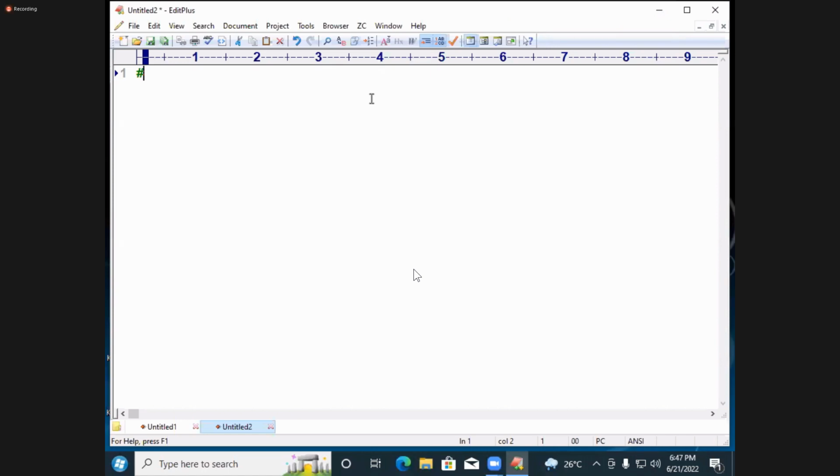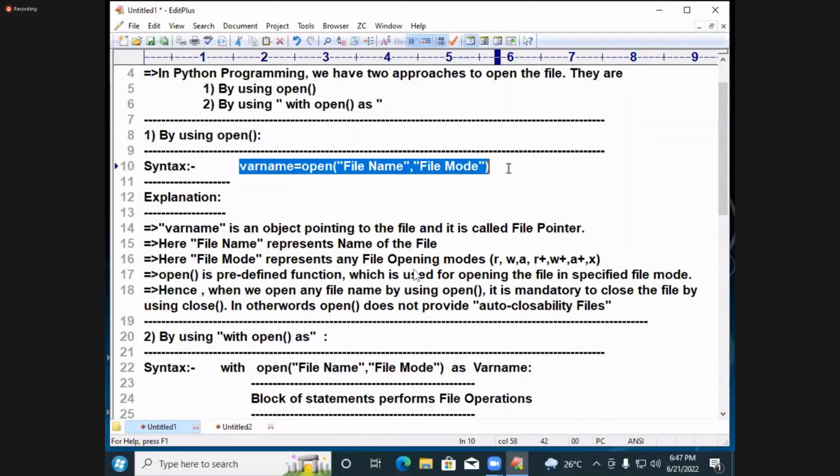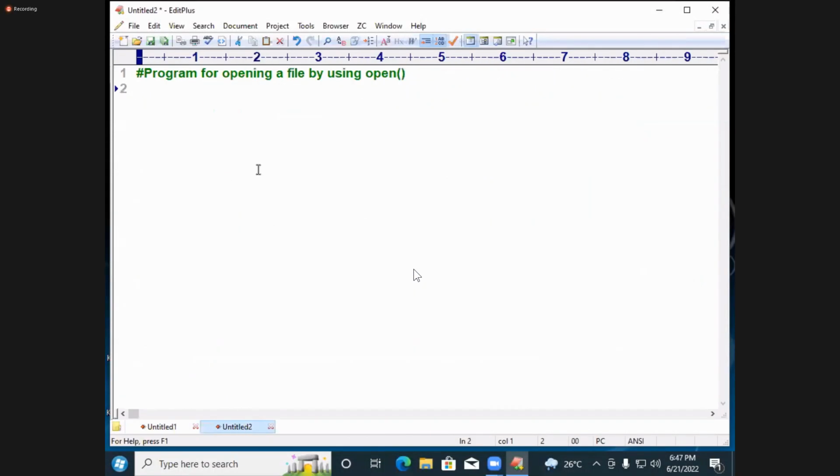Right. Let us watch this example now by using the open function. See here, a program for opening a file. By using which function? The open function. Observe it. Now I'm taking a variable name. What is the syntax? You observe it once. Variable name is equal to open of, like this. Just follow me. FP is equal to open. Look at that carefully. Any variable name you can take. I'm taking my name. Open of